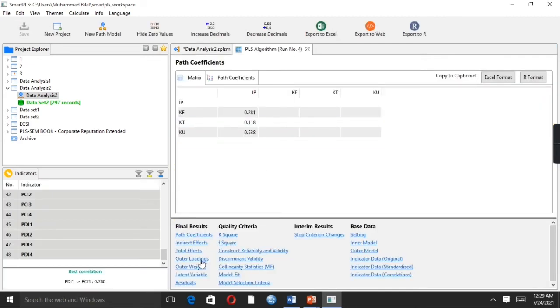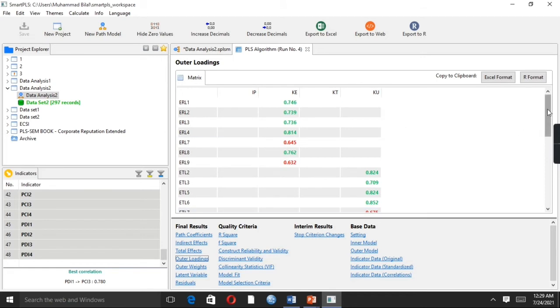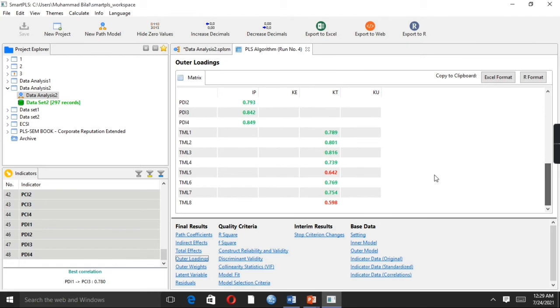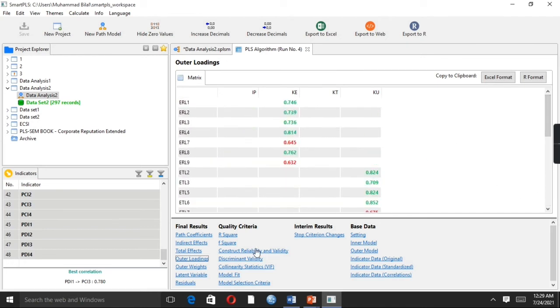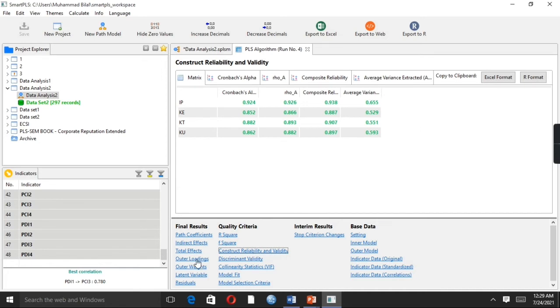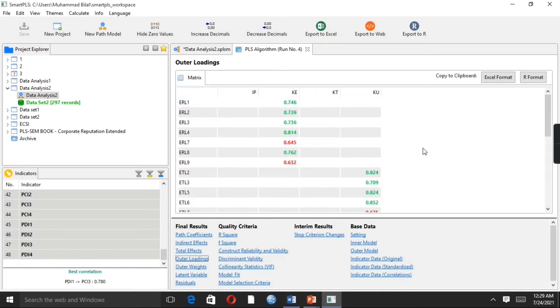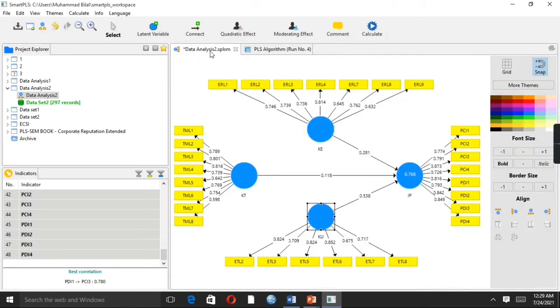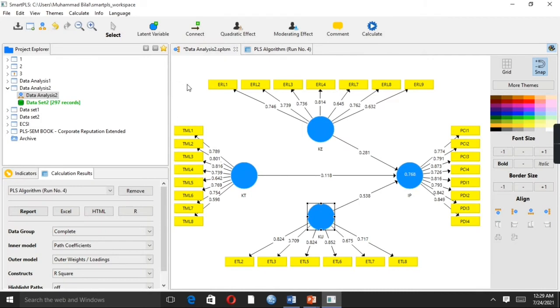Again click on outer loading, see those values which are less than 0.60. Almost all variable items are okay now. So this is how we are going to perform or analyze the outer loading of all our variables in order to analyze the data reliability.